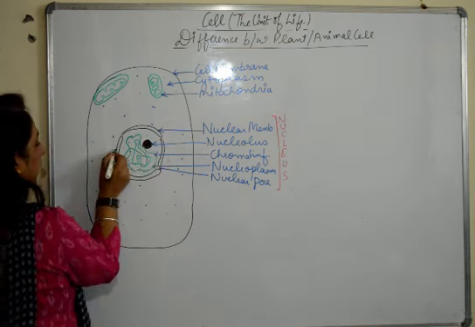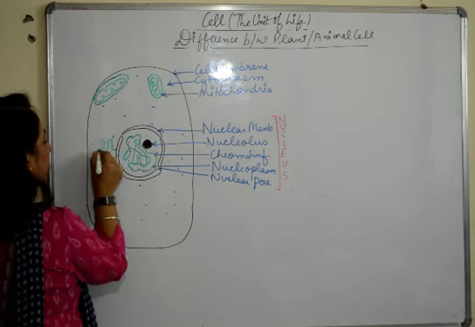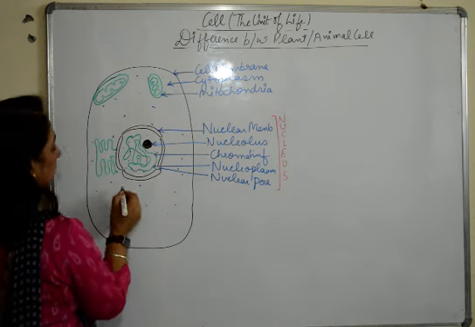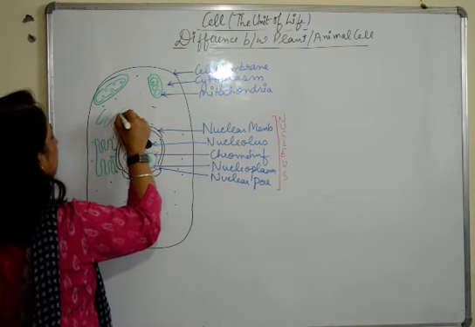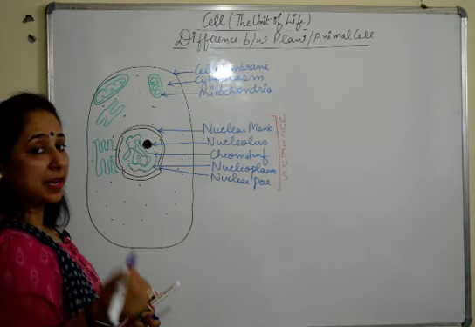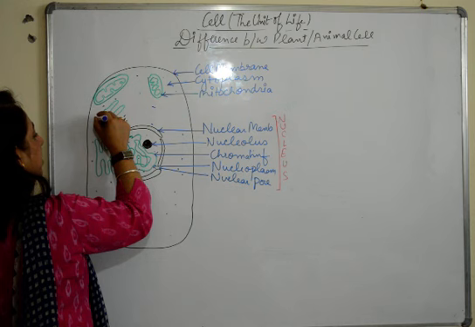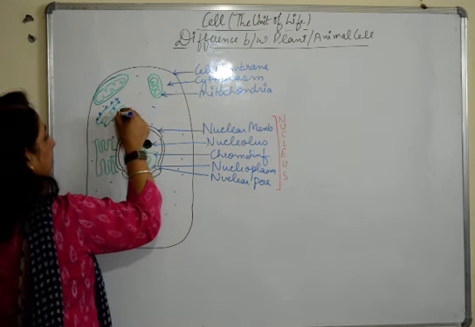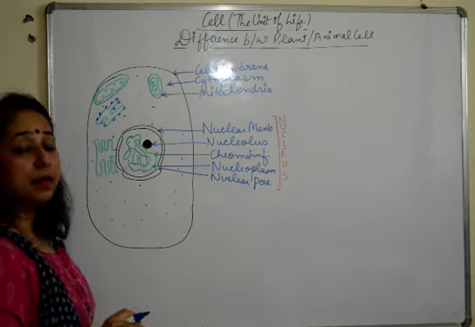We will make it both ways. So they are attached to the nuclear membrane and they are found free as well. Both the types. So again, one is rough and one is smooth. So maybe it has these ribosomes present over it. This one is the rough and the one which we have here is smooth.